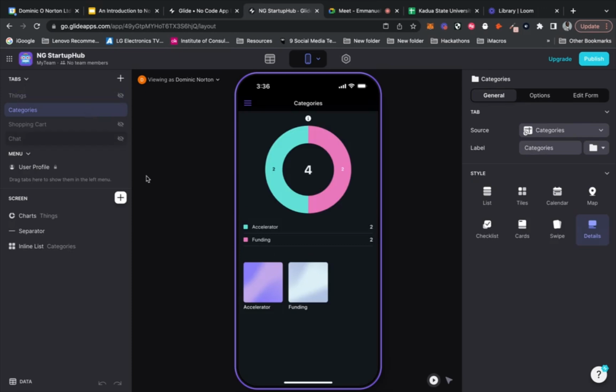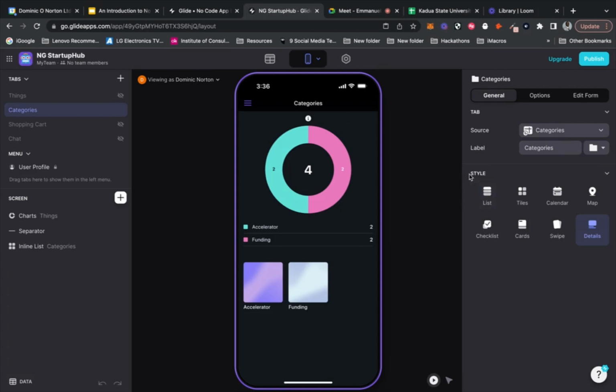We're going to select categories. And what you're going to see now is that you can only see the categories page when you enter the app. This is going to be for a very, very specific reason. And that reason is we want the user to hit the homepage, see the categories, choose the category, and then see the resources within that category so you don't have too much information.